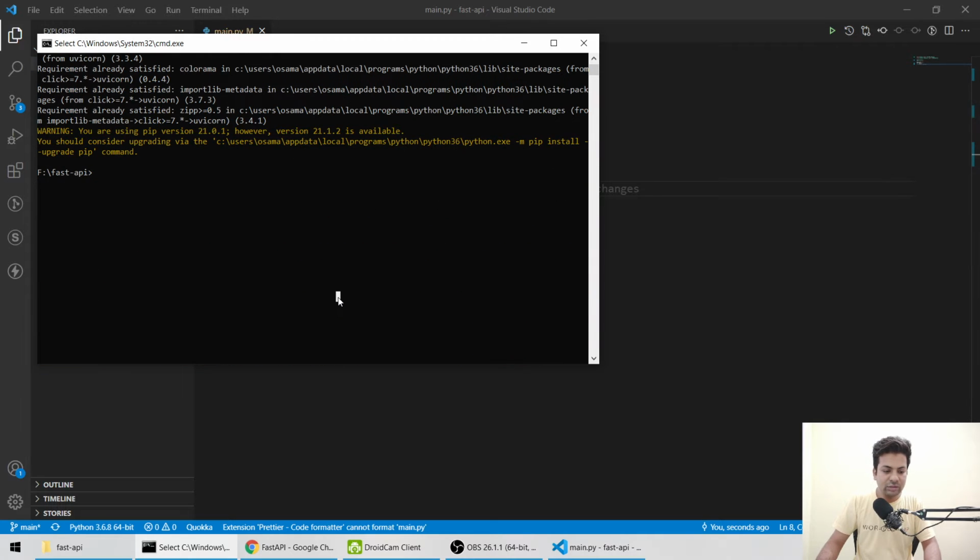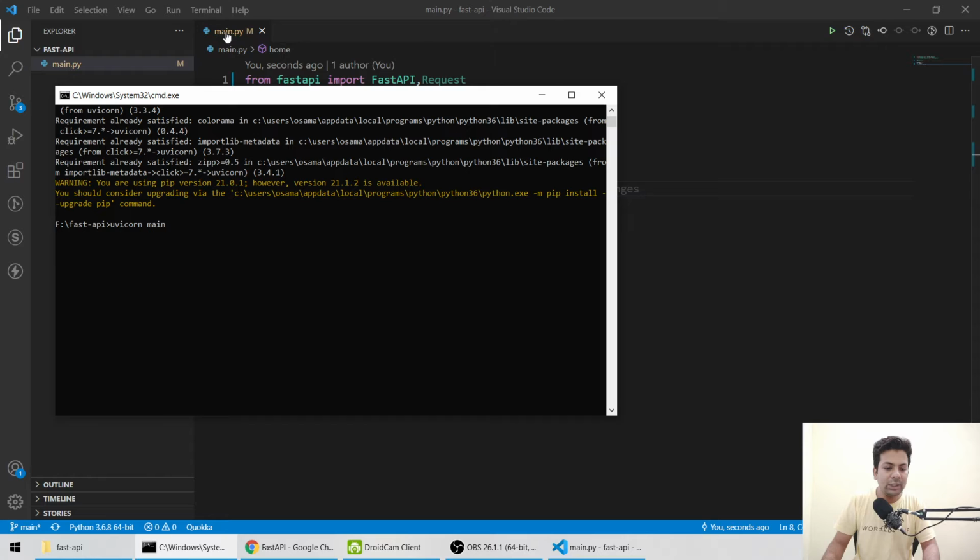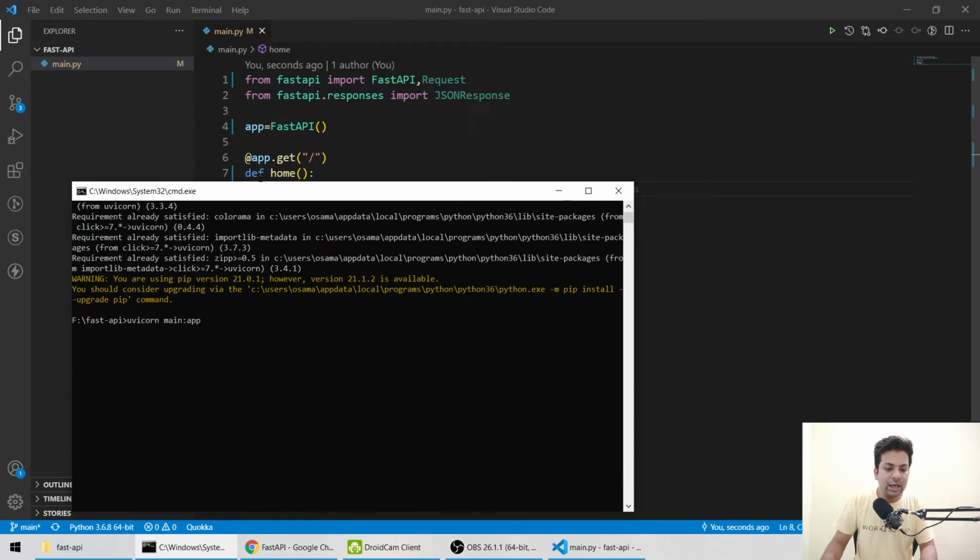And for running, we just have to do python, sorry, not python, we'll say uvicorn, the one I have installed, then the file name. So main is our file name, main.py, then a colon, and we'll say app. This is the instance where you're creating FastAPI, I have named it app. Then I'll put reload, which is basically if I change something, it should automatically reload. And let me run it.